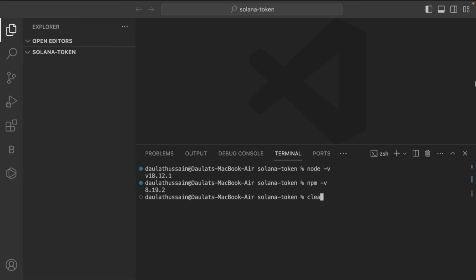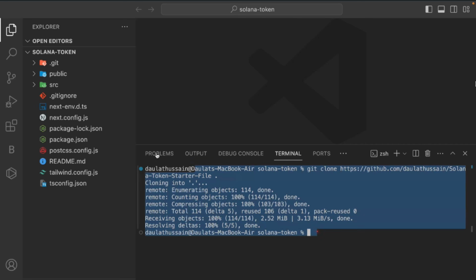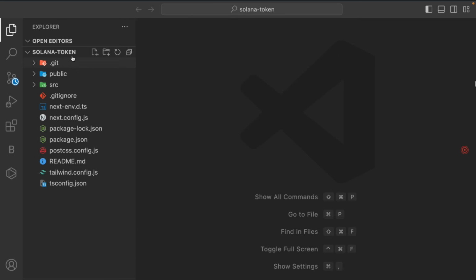Simply clear your terminal and install. We'll say git clone, and we'll give this string and give this dot. This one is going to clone the repository in the same directory. Hit enter, and this is going to take a few seconds, and finally we have cloned the whole repository. So simply close this down, and let me give you a quick overview of the folder and file structure